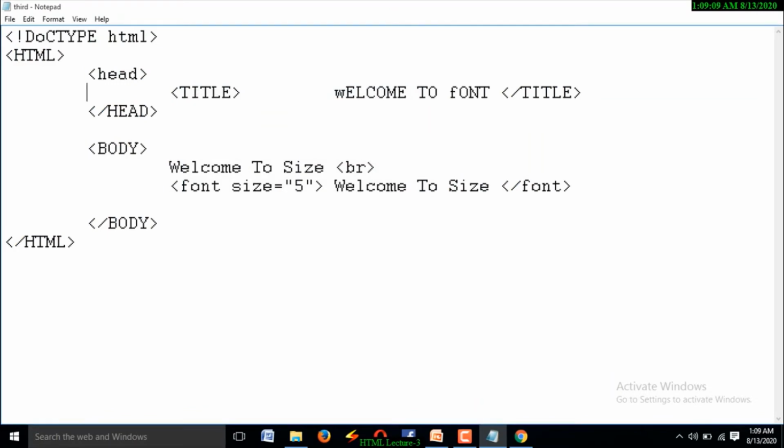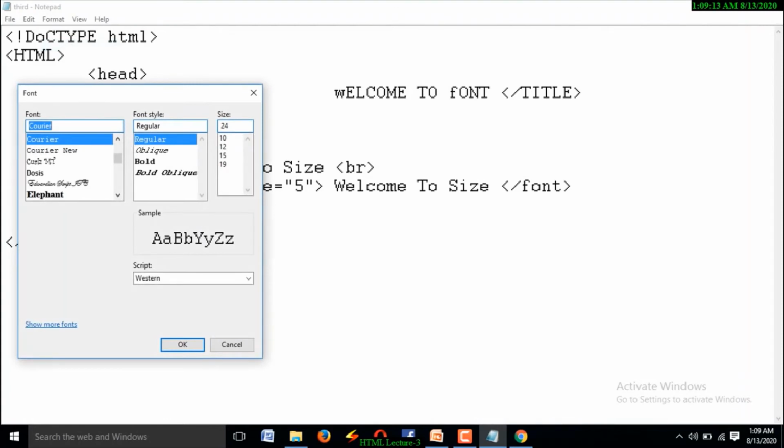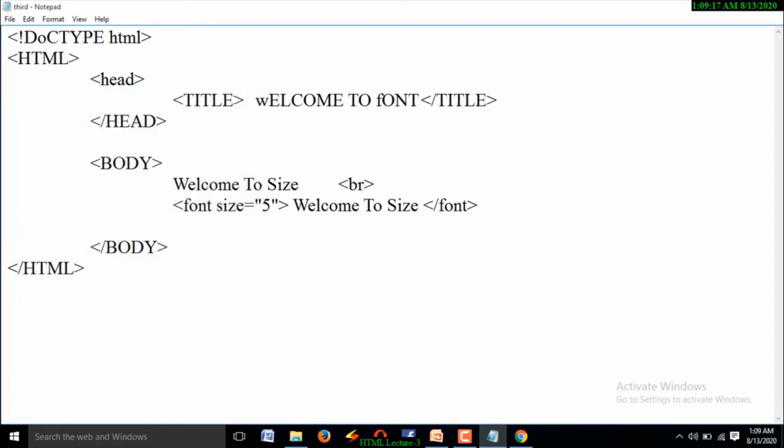See, the font is varied or not? Yes. Instead of this, I may use Times New Roman also. Got the point? Like this, I am going to change the font size, font face. How to change the font face?